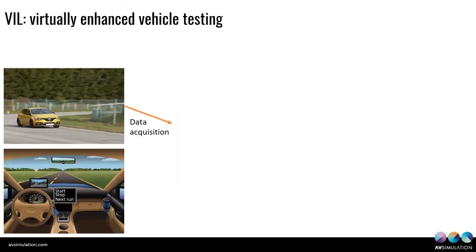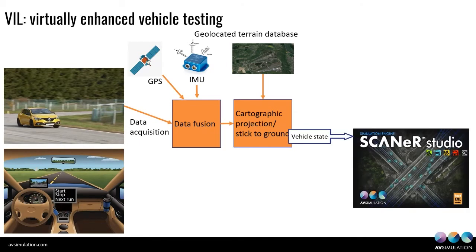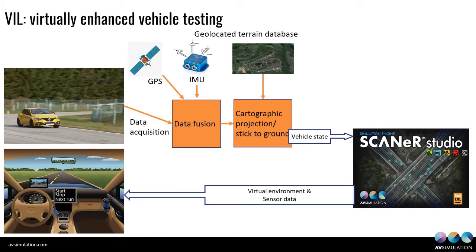So an example of a vehicle in the loop, so you can have data fusion to have the acquisition of the position of the vehicle on the test track. You can use a test track, virtual test track that is very close to the real one. In SCANeR Studio, we get the vehicle state, and you can input to the vehicle the virtual environment and the